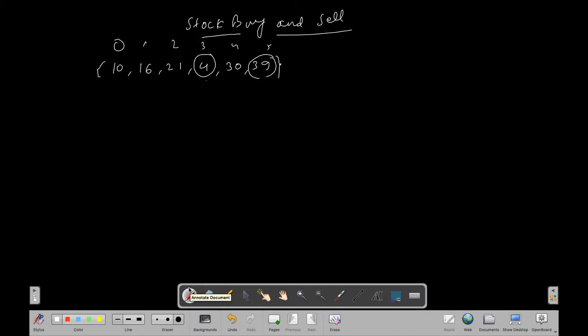Okay, what we can do is use a brute force method. We can buy the stock and sell at each and every day, check the profit, and return the maximum profit among them. We will also get the correct answer. But one thing to notice is that we are not allowed to sell stocks infinite times.